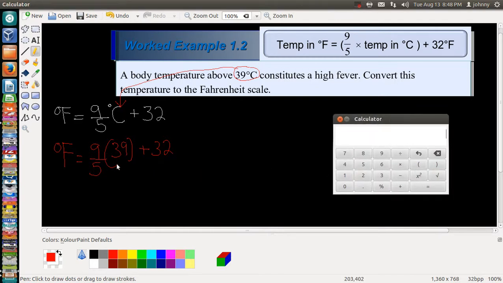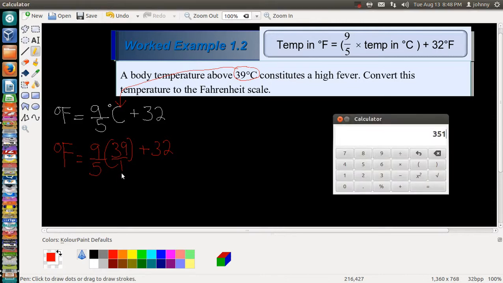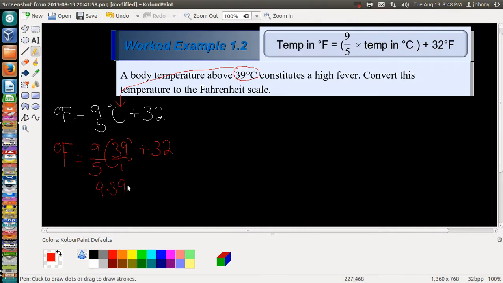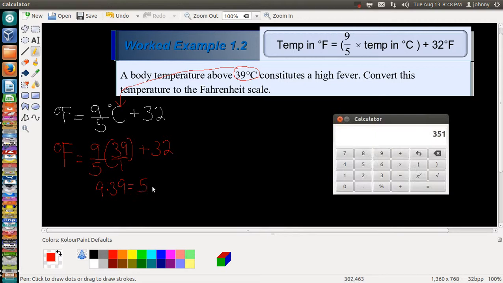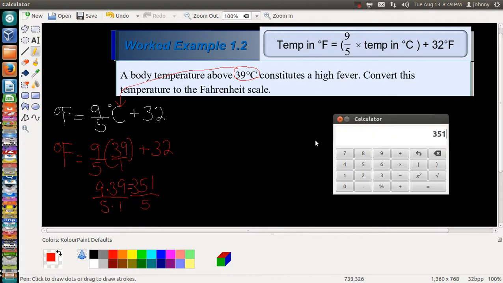Remember your multiplication. It goes 9 times 39 first, so we have 9 times 39. That gives us 351. And remember, this 39 is 39 over 1. Okay, so we're then going to go 5 times 1 is 5. So we know to take this 9 times 39, which was 351, and we know to divide it by the 5 times 1, which is 5. Okay, so we're going to divide that by 5,